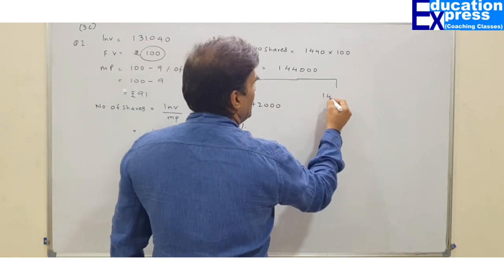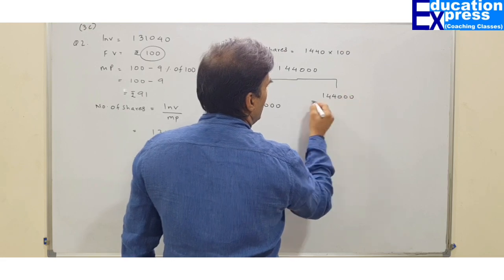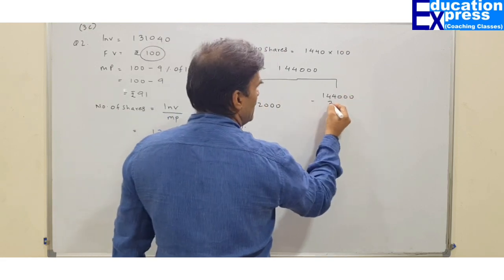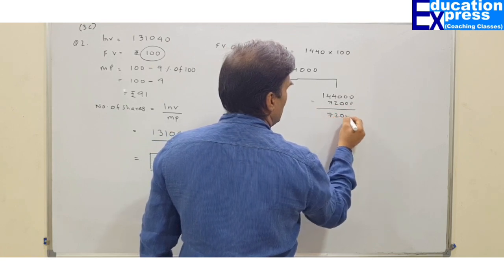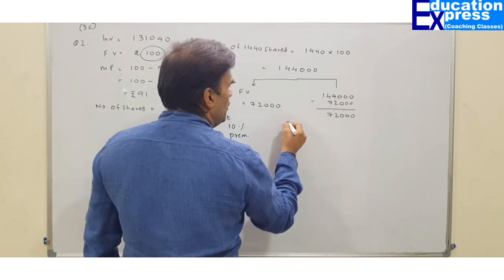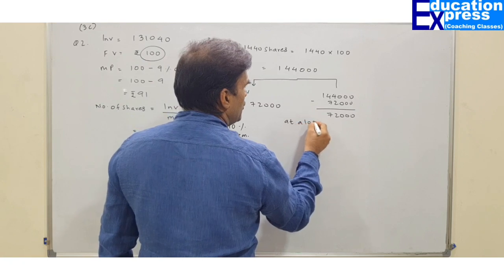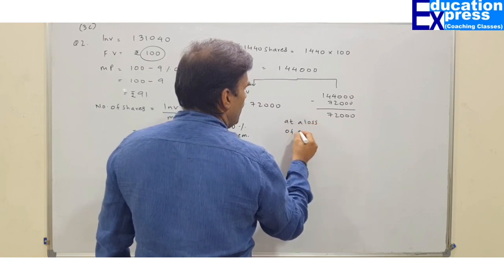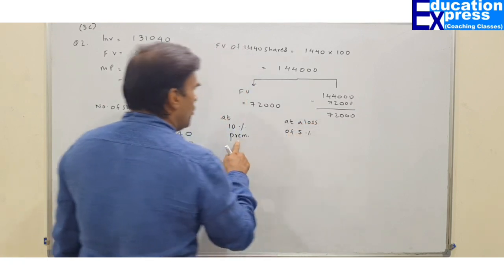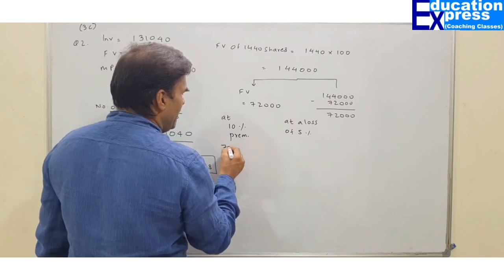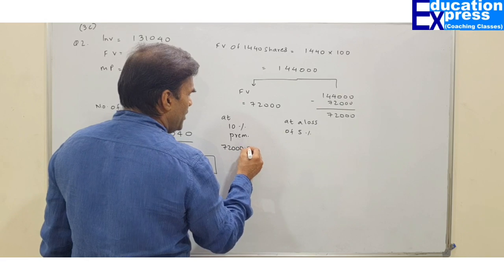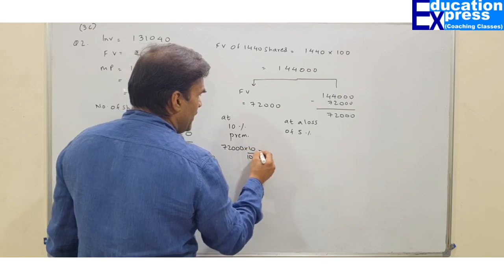Balance: 1,44,000 minus this 72,000. So the remaining shares will be again of 72,000. They were sold at a loss of 5%. So how much will be the premium component? So 10%. So 72,000 into 10%. That would be